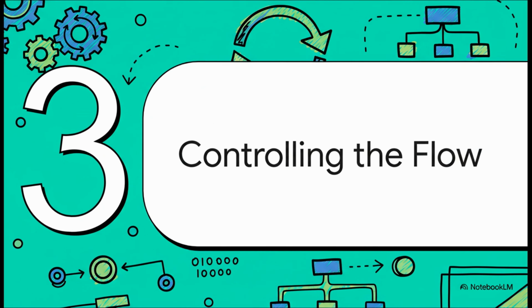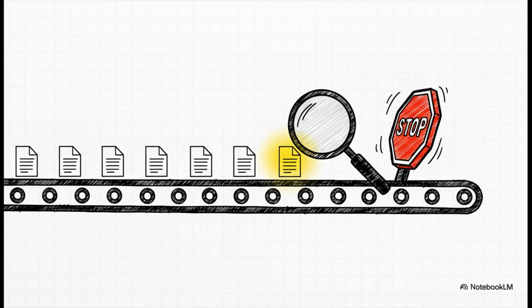All right, so we know how to start loops and how they stop. But what if we need more control? What if something happens inside the loop and we need to react to it, change things up on the fly? Well, that's where controlling the flow comes in. So picture this, you're digging through a massive database, like a million records, looking for just one person's name, and you find it on record number 50. Now, is there any point at all in checking the other 999,950 records? Of course not. That'd be a huge waste of time. You need a way to just stop everything right then and there.